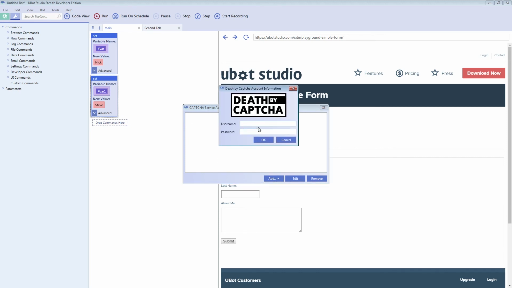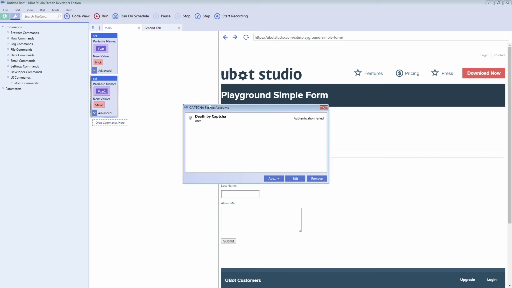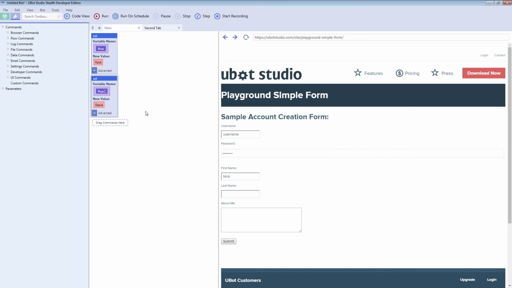Let's say I had an account at Death by CAPTCHA. I can put in my username and password, hit OK. It's going to automatically check the balance. In this case, it's not real information, and so we get an error here. If I had this checked and everything was good there,